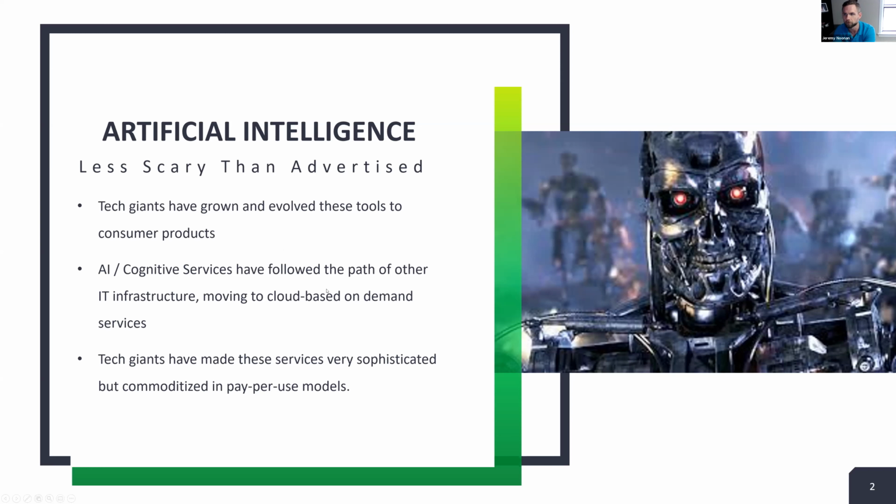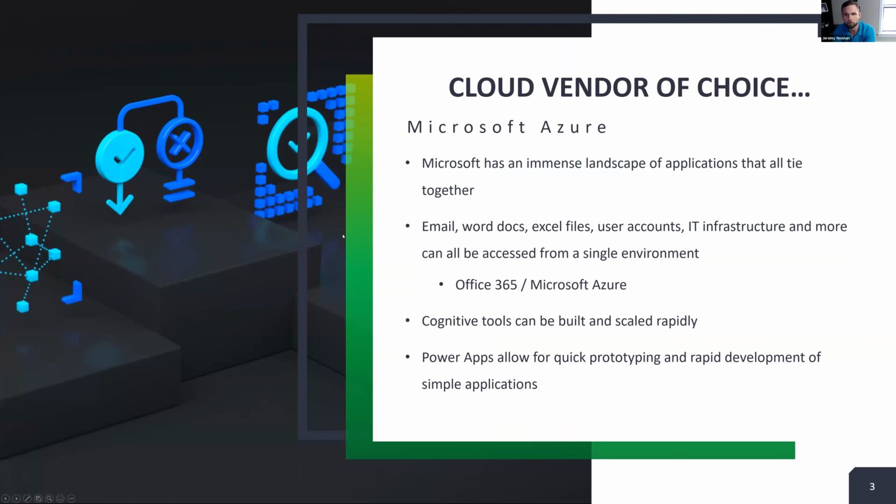So it allows folks like us to implement them, and it allows the giants to continue to refine what's out there so that things continue to get better and better as we go forward. And I'm going to say that most of the stuff I'm talking about today is brought to you from Microsoft Azure. And the reason I really, and this is just my personal opinion, I'm not speaking on behalf of anyone else,